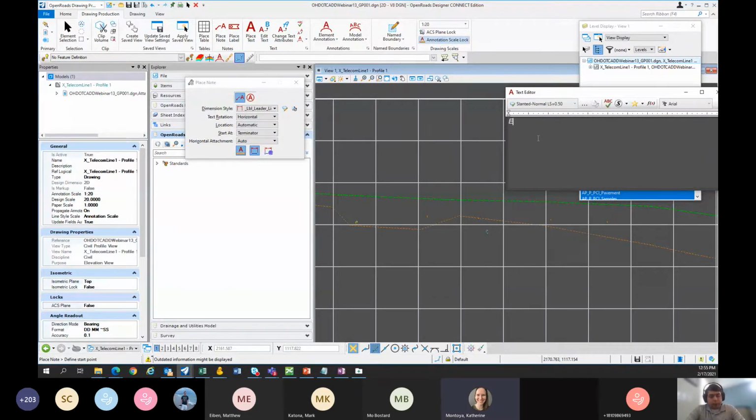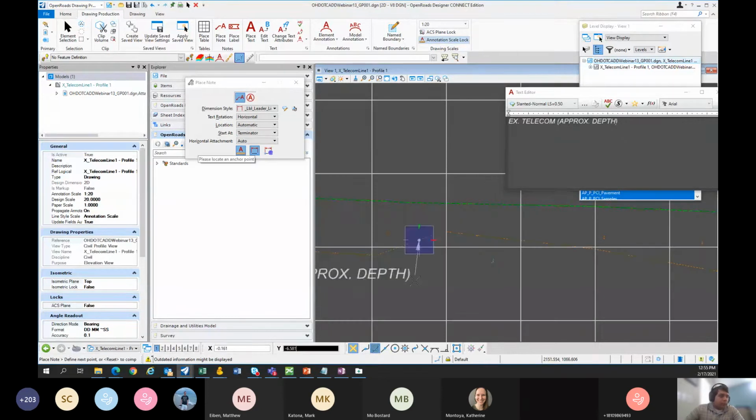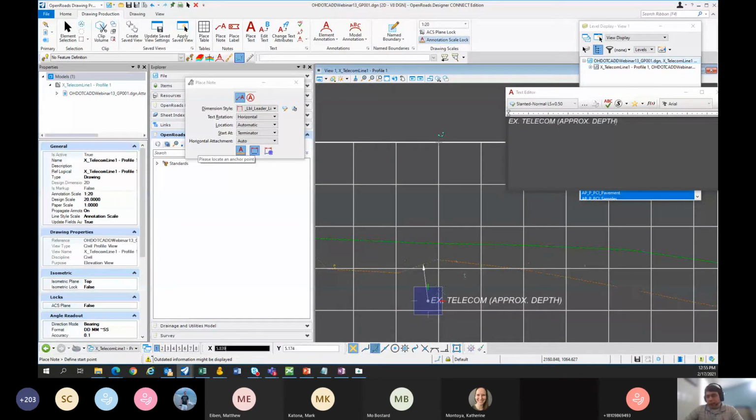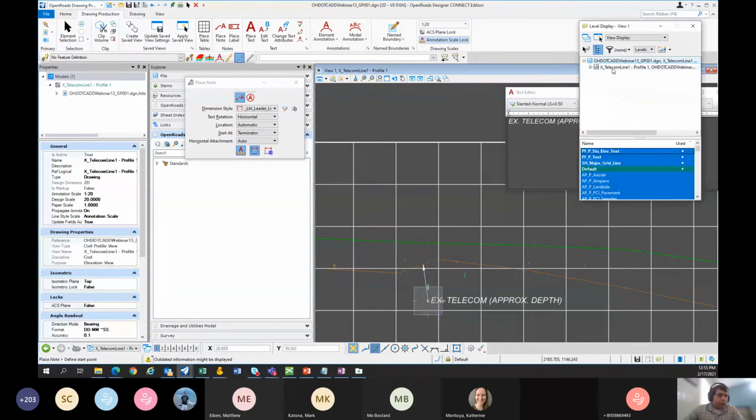and just typing in something like existing telecom rocks depth or something like that. I don't know, something like that. All right, it's not so bad, but granted, we kind of knew that was coming because we created a linear feature. Now, if we're gonna deal with